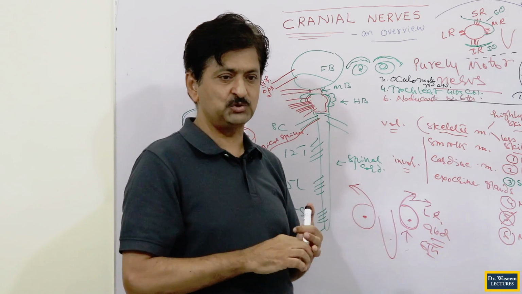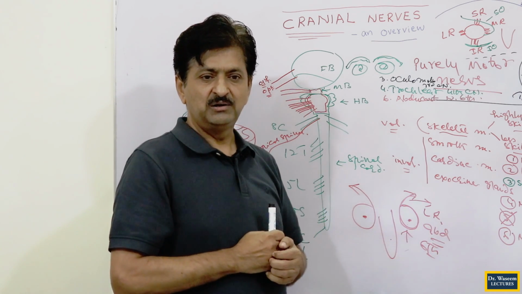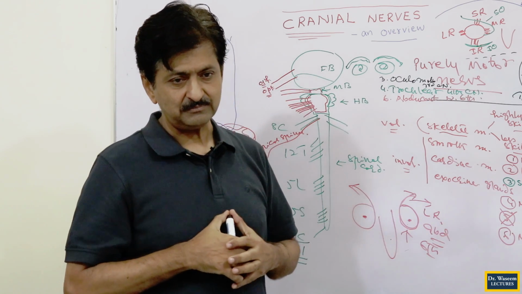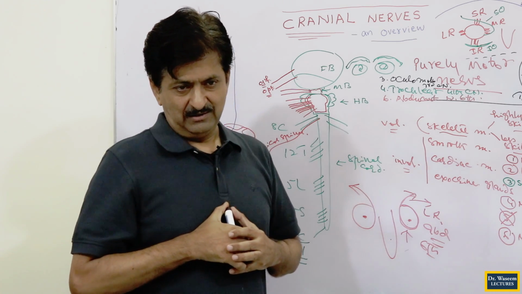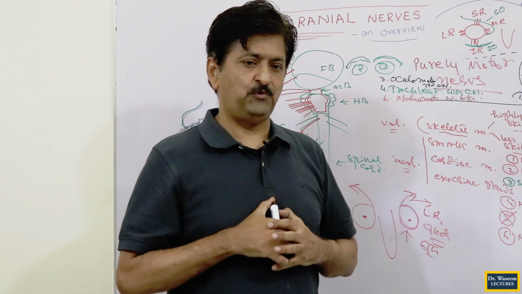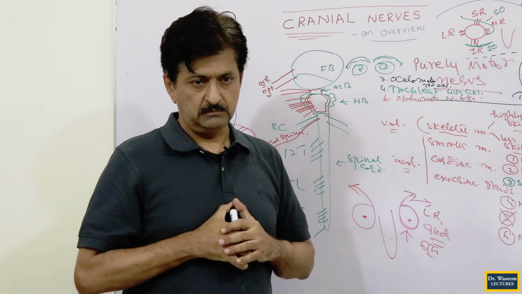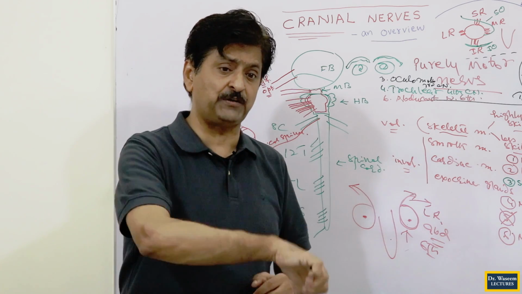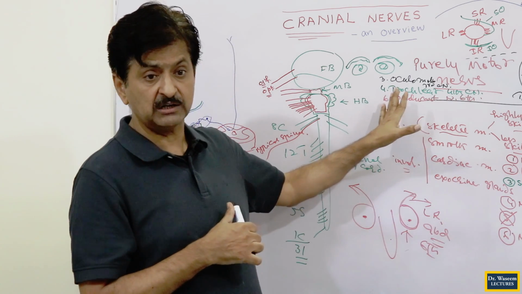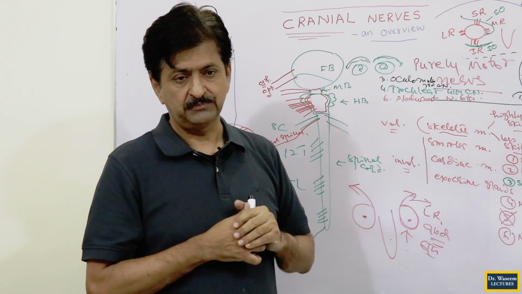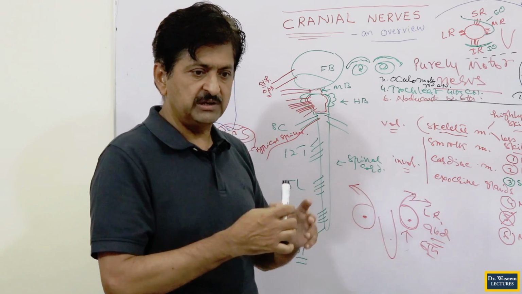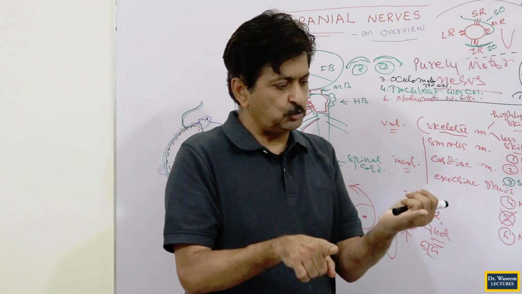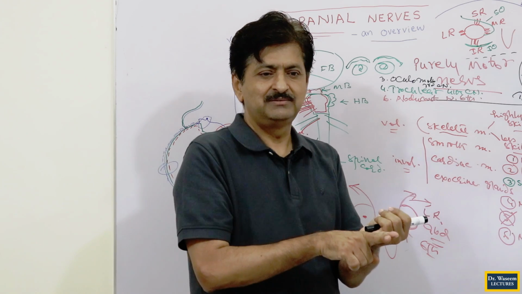You can make a question like this here: all of these following nerves contain just voluntary fibers, except which one of the following nerves contains involuntary fibers along with them. The purely motor nerves do not contain involuntary fibers, only this one contains. That is why the confusion arises, because voluntary fibers are mixed with involuntary fibers.